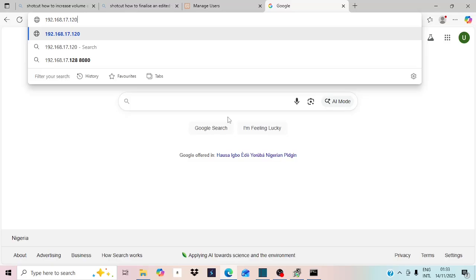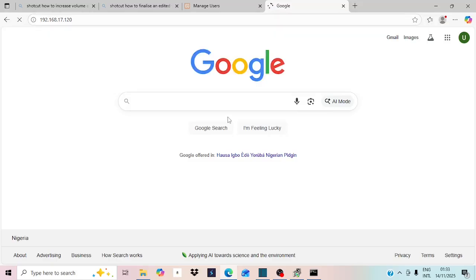Yes, this is all you just need to type into the browser, whether it's a phone browser, a laptop browser, or a desktop browser, that has been connected in the same network with the server. So once you press this,